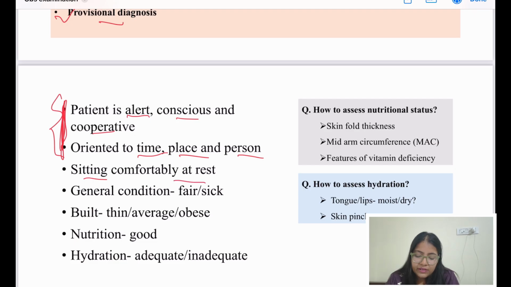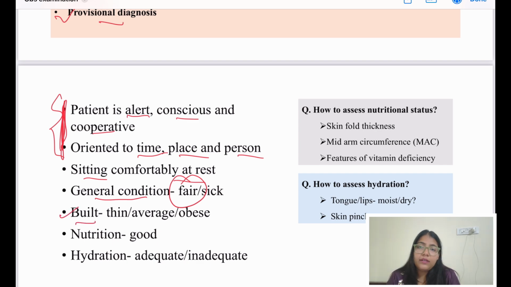So, is your patient sitting comfortably at rest? Because there may be many patients in OBS cases, like a heart disease patient, NYHA 3-4, who may not be comfortable at rest. She may be having breathlessness or respiratory difficulty while sitting or while lying down. So you should always mention this point also. And whether her general condition appears fair or not, while the patient is sitting or talking to you. If she appears sick while talking to you,